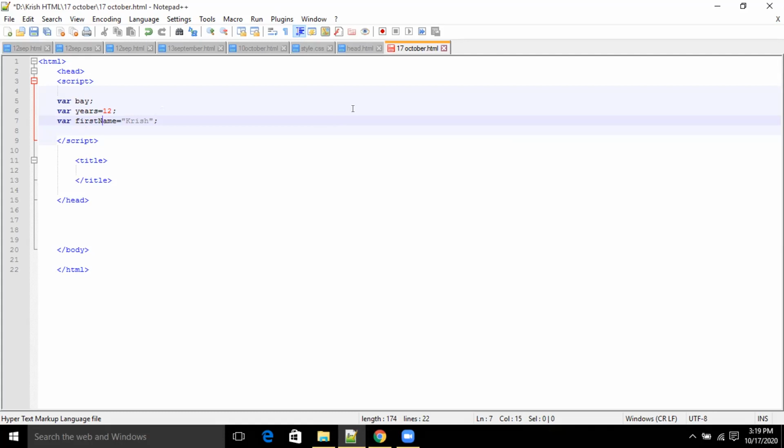So we can put anything which we want to store in the form of a variable. Yes, correct. Now, there could be one more type where you want to get an answer as true or false. That would be known as a Boolean variable. Alert is a pop-up. We'll do alert also.